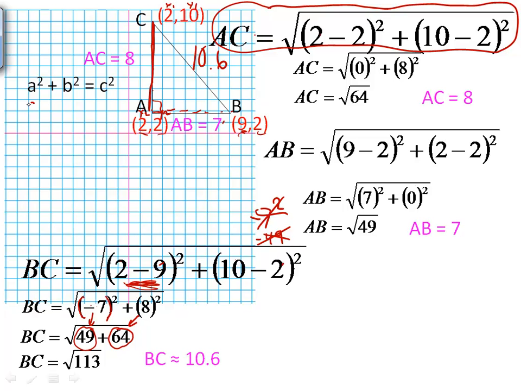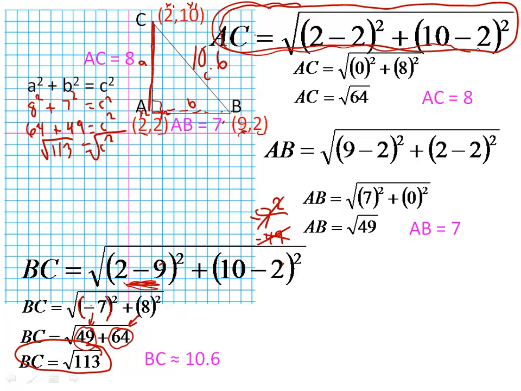So what happens if I do this? If I call this one side A, this one side B, and the hypotenuse, of course, is C. 8 squared plus 7 squared equals C squared. 64 plus 49 equals C squared. 113 equals C squared. Where have I seen that before? Didn't that happen down here? Right. So you see, it's based on the Pythagorean theorem, and the value of this Pythagorean distance formula is frequently